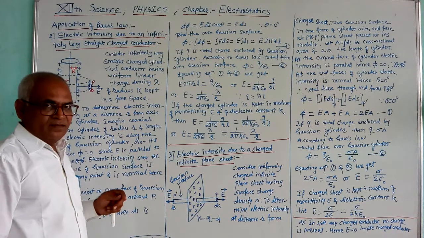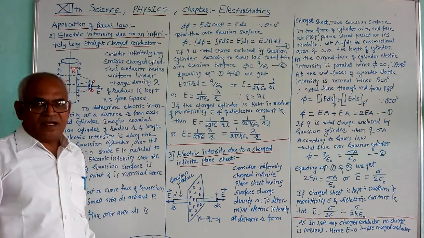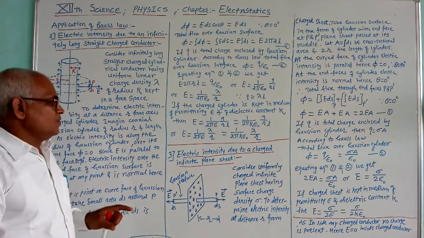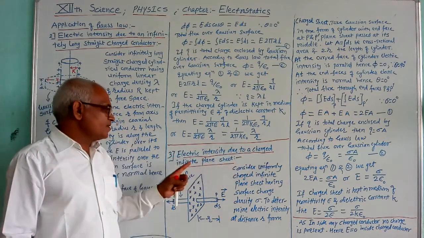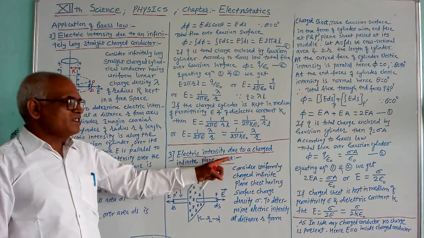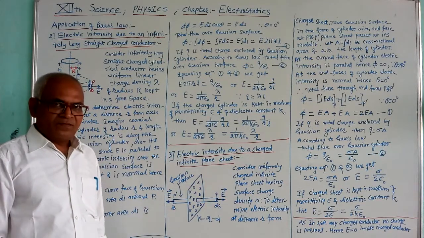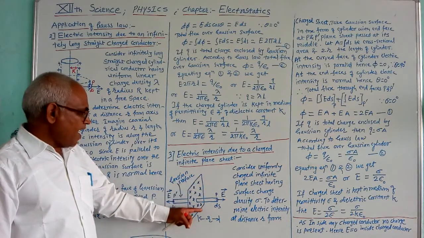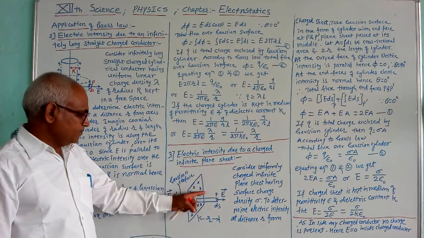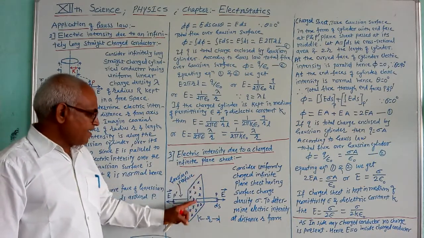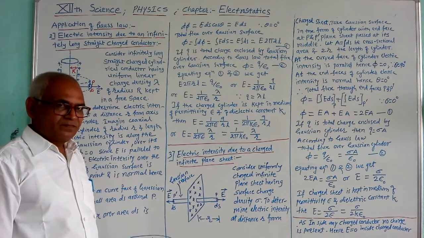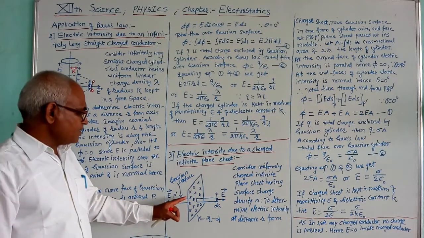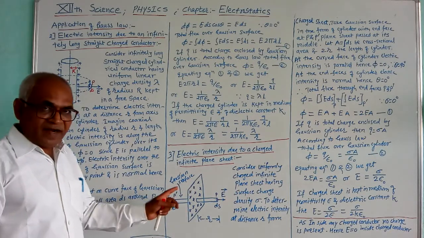After this, we have to see the next application, and in that application we have to study electric intensity due to a charged infinite plane sheet. For this purpose, let us suppose that we have a uniformly charged infinite plane sheet having surface charge density sigma. Now to determine the electric intensity at a distance r from the charged sheet,